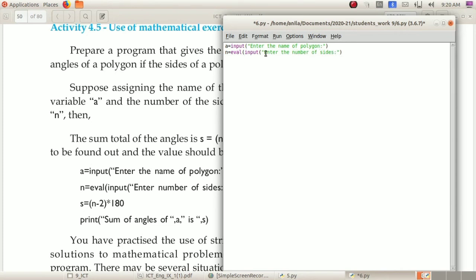Then you can give the equation here. S equal to n minus 2 into 180.